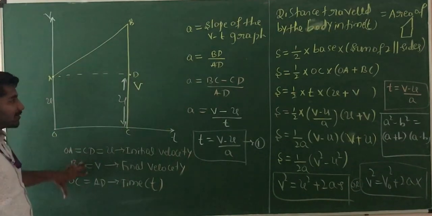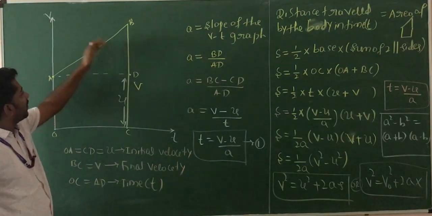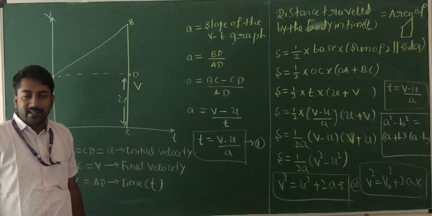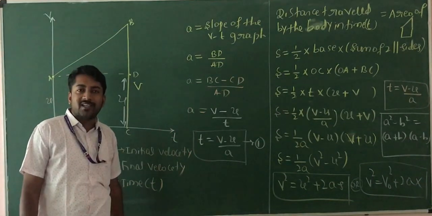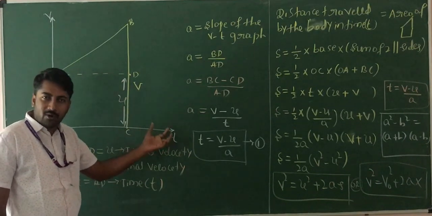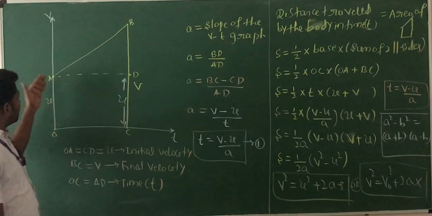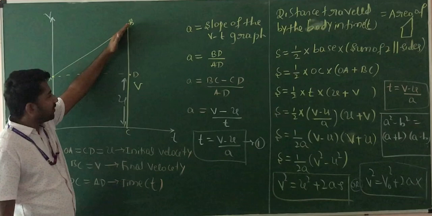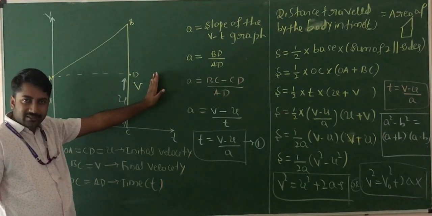This is the velocity and time graph. What is a velocity and time graph? It is the graph between velocity along the y-axis and time along the x-axis. It gives a visual impression about how one physical quantity varies with another physical quantity. Using the velocity and time graph we find the nature of motion of the body and the acceleration of the body. Here, one body is moving with uniform acceleration, having initial velocity u and final velocity v with time t.